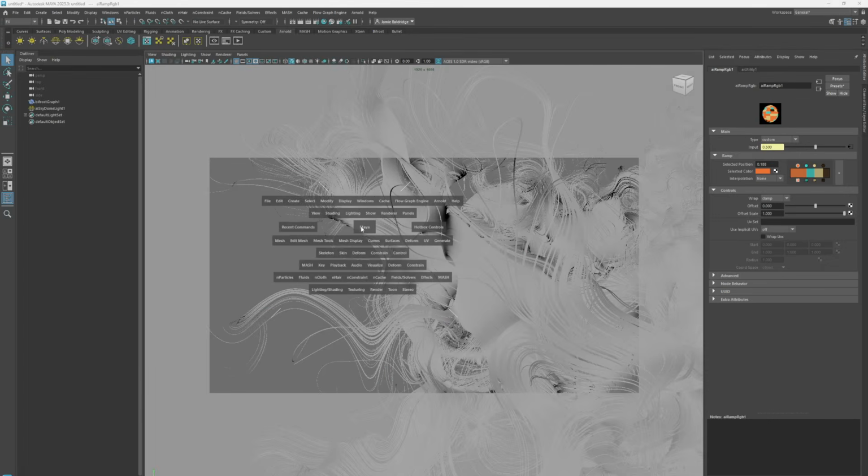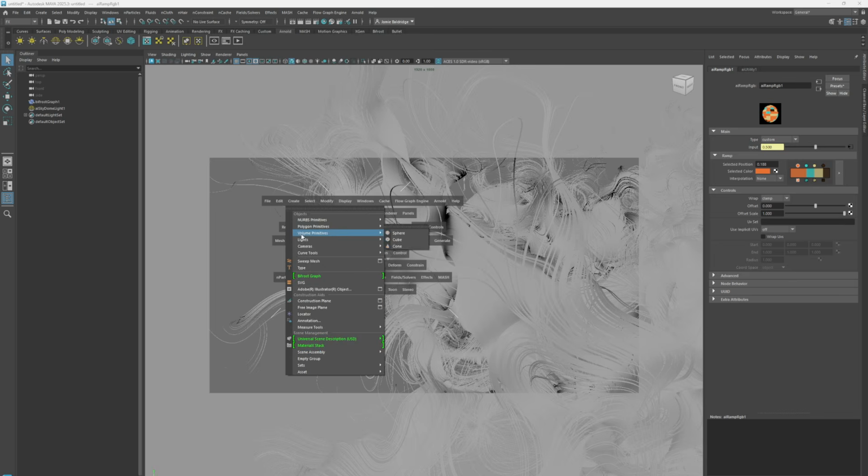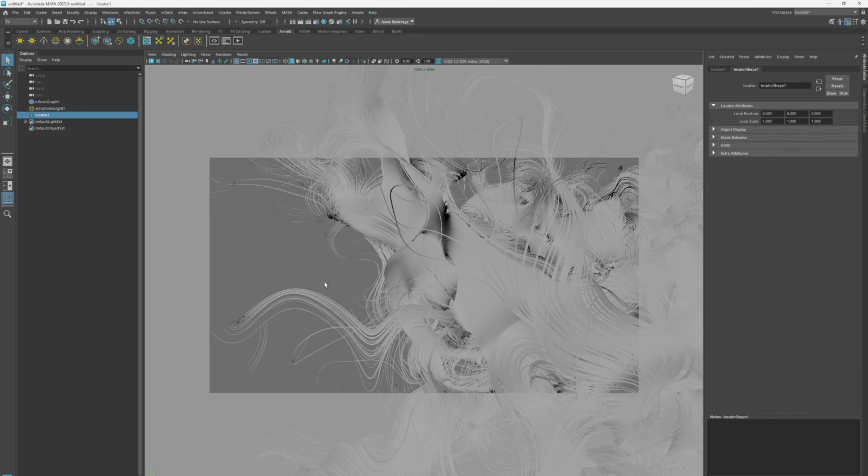Well, like I showed you before, we're going to create a locator, and then we're going to move that locator. We might have to tweak our visuals here, but we're going to move that locator so that it's intersecting. Let's scale that up. So it's intersecting with this area right here. That's pretty good already, actually. Sometimes I'll have to go into my